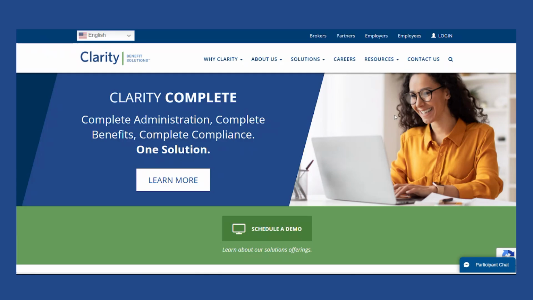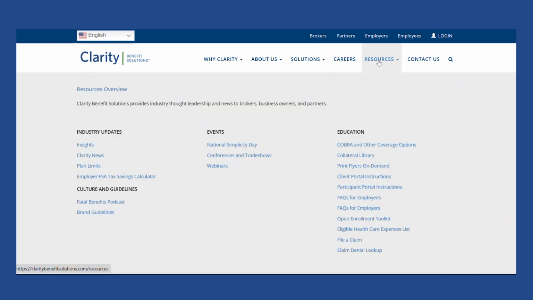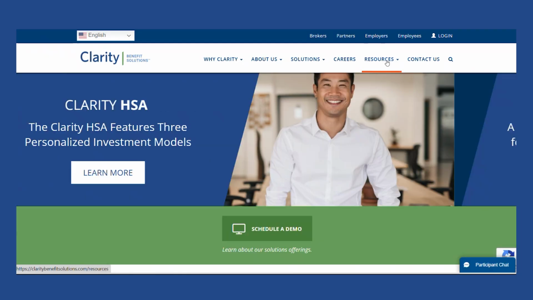So on the Clarity website, you can find everything about our organization and the products that we administer. So anything from company history, leadership team, legislative updates, frequently asked questions, various resources, how to register, all of our marketing collateral, the ability to access COBRA information as well as other coverage options, which can save qualified beneficiaries money, open enrollment toolkit, eligible expense list, you name it, anything related to our organization, you can find it here on